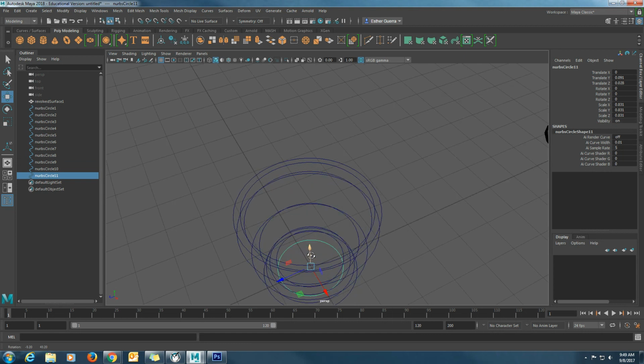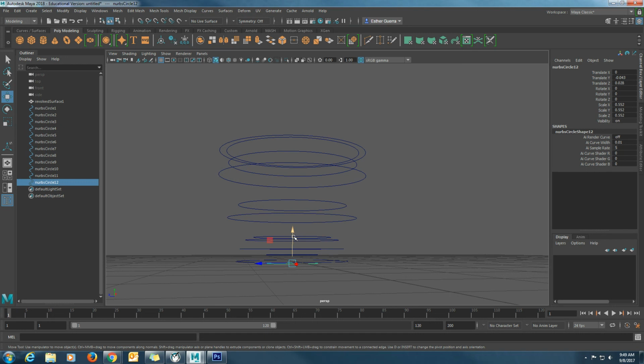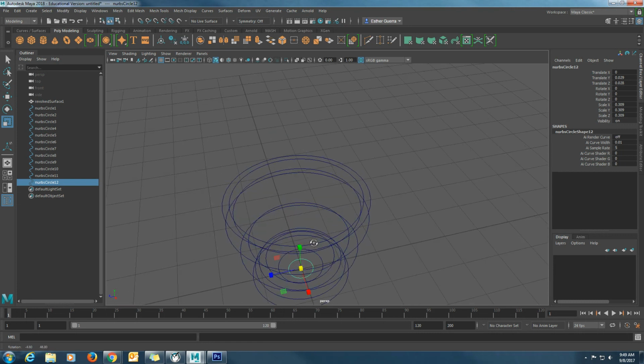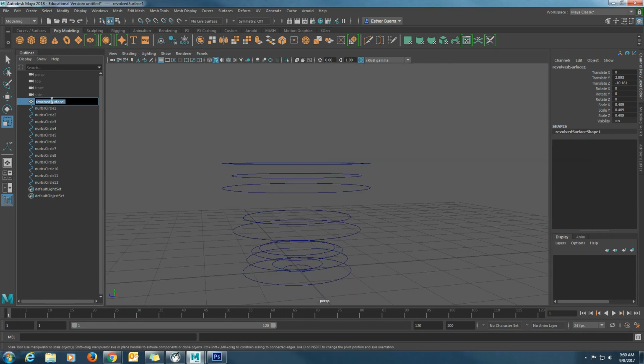It's basically repetition, that's all. Now with any potted plant, usually they have a little hole at the very end. There we go. So now that I have all these NURBS circles here,